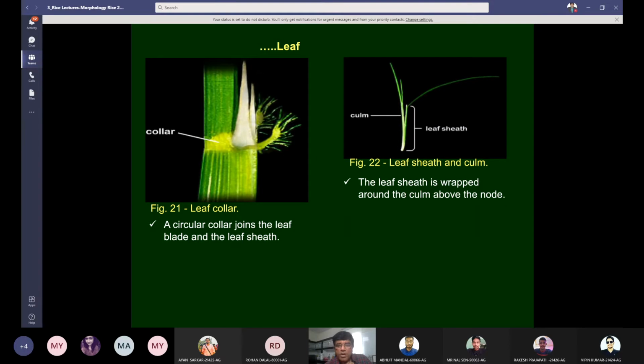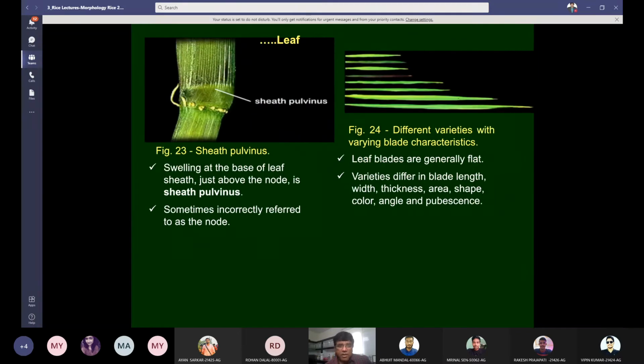So because of ligule and auricle, people can easily identify a rice seedling from a grass seedling. In the early stages, until you get the panicle, it is very difficult to distinguish grassy weeds and rice plants. So these 2 structures are used to identify a rice plant.